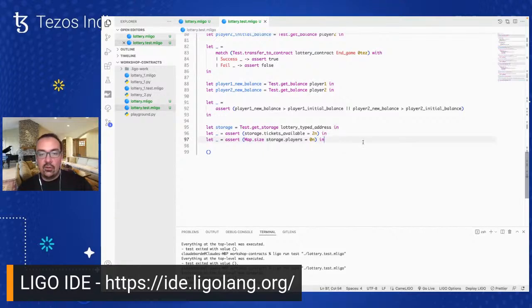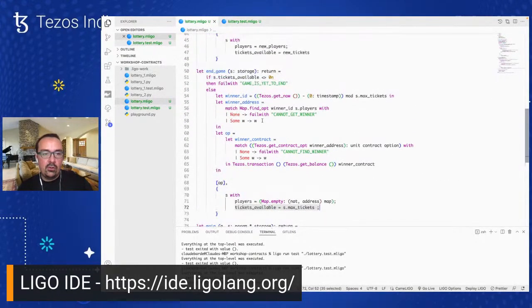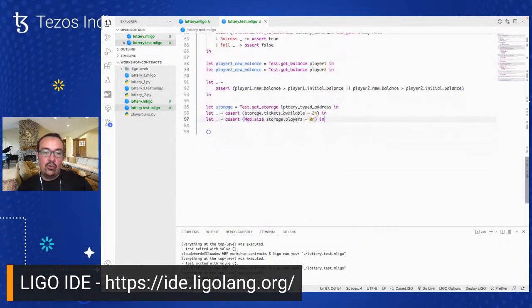And just to finish, you remember the end game? There was a fail with here. So if there are still tickets available, you are not able to end the game. So you want to make sure that someone doesn't come and call the end game entry point and ends the game when the game is still not finished. So here we're going to test that,